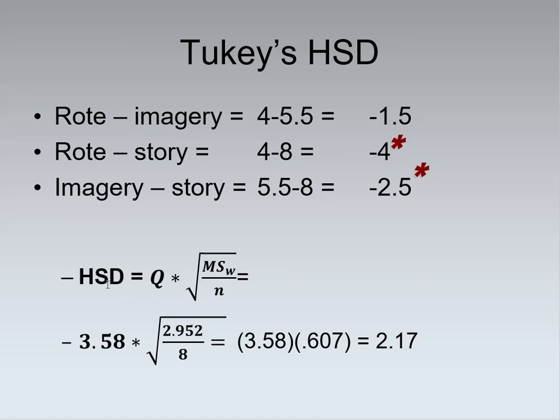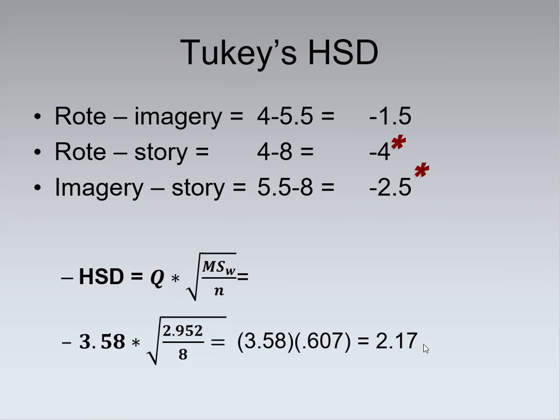Let's look down here. We have Q, which if we look it up, will be 3.58 times the 2.952. A little bit more precise than what we have in our table, but that's okay. Divided by the square root of 8, so 2.952 divided by 8, which we then take the square root of, will be 0.607. I recommend doing that first before doing all the rest of the multiplication. When you're doing it through the calculator, it'll make your life simpler and make sure you're more precise. Then we've got 2.17. That is our cutoff, which means if there is any value greater than 2.17,